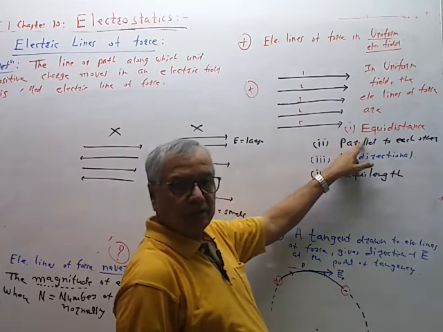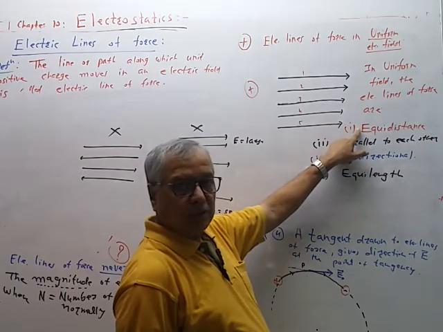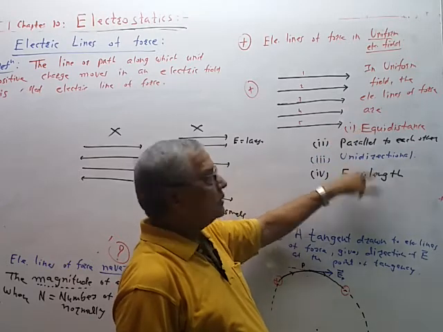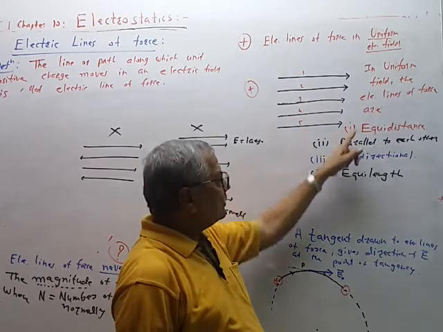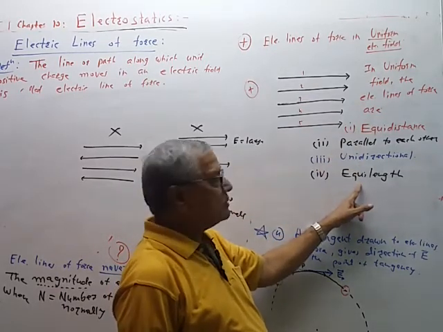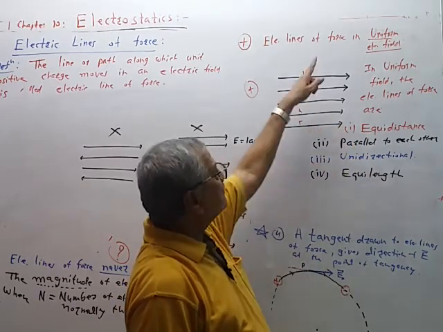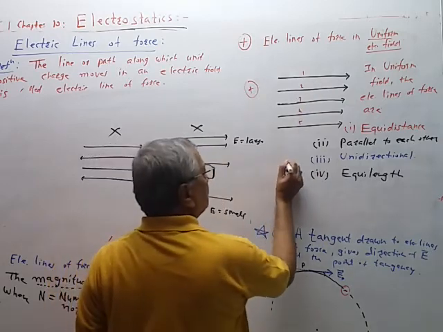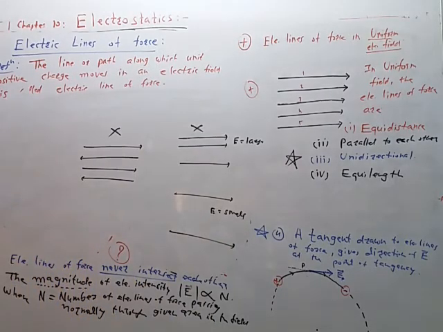Unidirectional and parallel to each other, never intersect each other, only one direction, no change in direction. Equidistant, magnitude intensity remains same. Equilength, this length represents the magnitude of the electric intensity. So equidistant and equilength for uniform, magnitude remains same. Parallel and unidirectional, direction same. So direction is same, magnitude same, therefore the electric field is uniform. So these are the properties of the electric lines of forces in uniform electric field. याच्यातली कुठली पण एक प्रॉपर्टी जर ओबे झाली नाही तर इलेक्ट्रिक फील्ड नॉन युनिफॉर्म होऊन जाईल. So there are 4 properties.